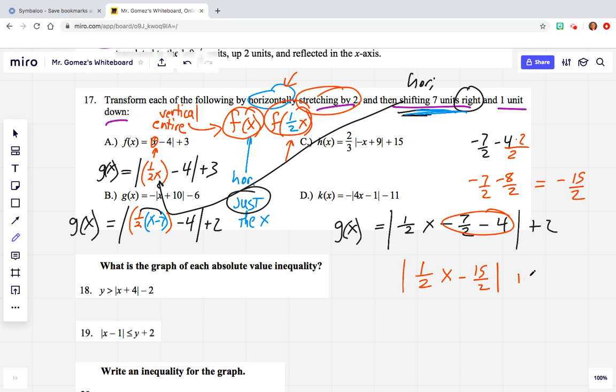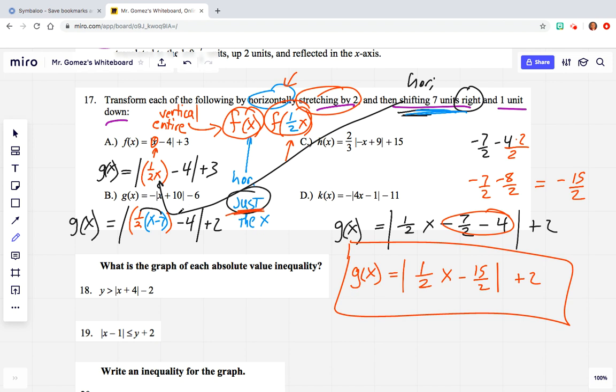And then everything else is still the same. +2, and then you have your g of x. So this would be your final answer. Again, remembering that we were doing just x each time, concentrating on what it would be. Okay? All right, so with that now being said, let's go on to the next one, which is letter